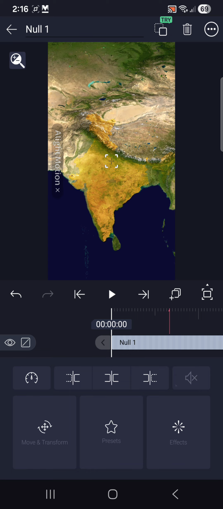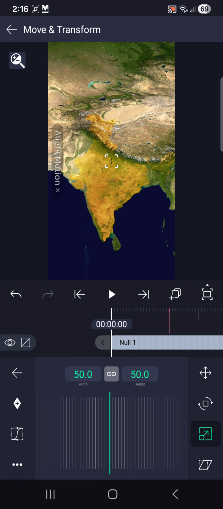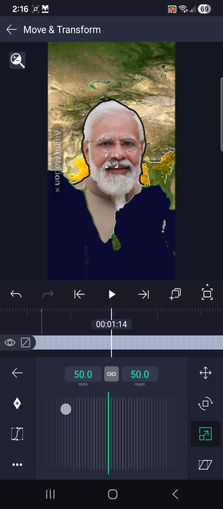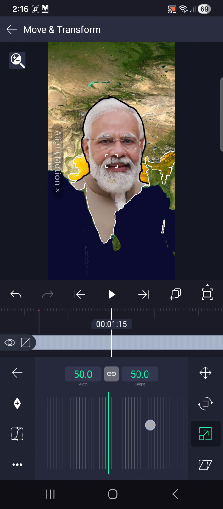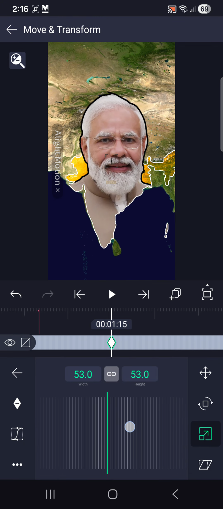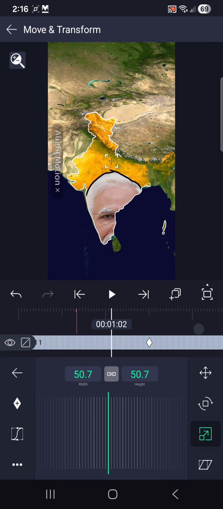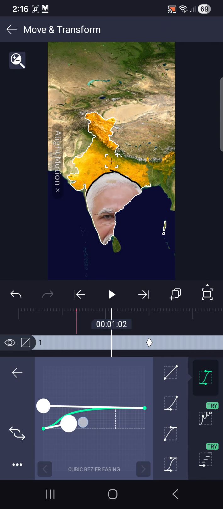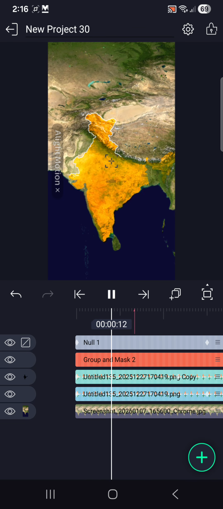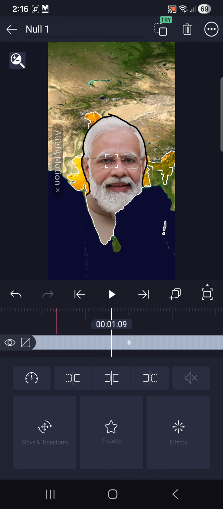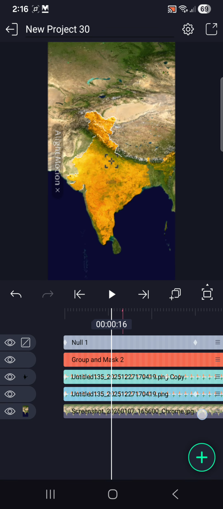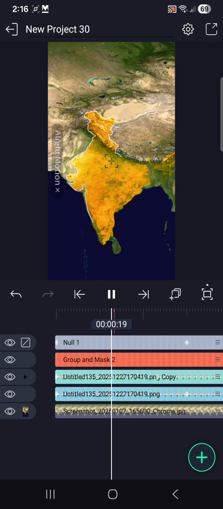Okay, and then go to the null and add keyframes, set movement, and then increase its scale by a little. Adjust it like you want, and you can add graphs, and then if you want a continuous zoom effect,